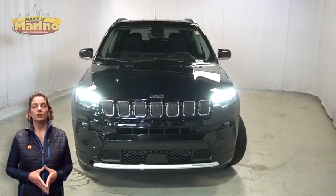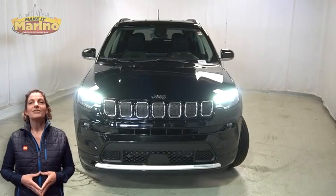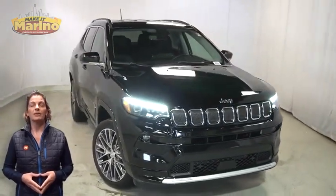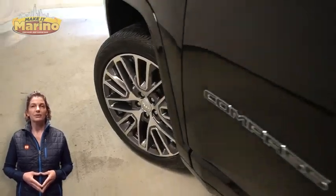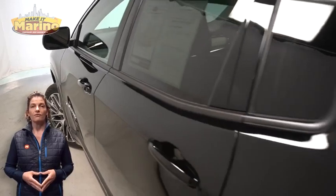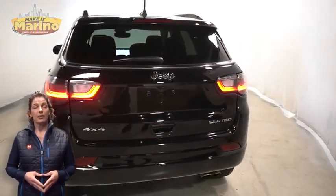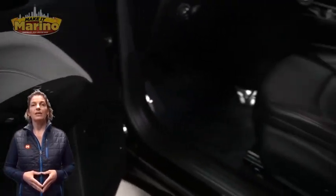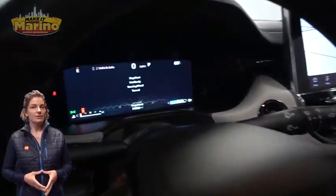If you're looking for a functional, compact SUV with reliability and safety for your whole family, then take a look at this certified pre-owned 2022 Jeep Compass Limited in Diamond Black Crystal Pearl. With bifunction LED projector headlamps, front fog lamps, 19-inch aluminum wheels, gloss black wheel flares, rear window wiper and washer, heated front seats, heated steering wheel, 11,000 miles on the odometer,